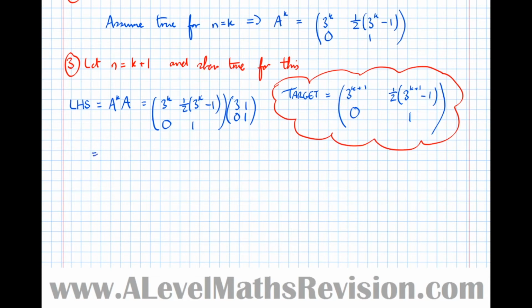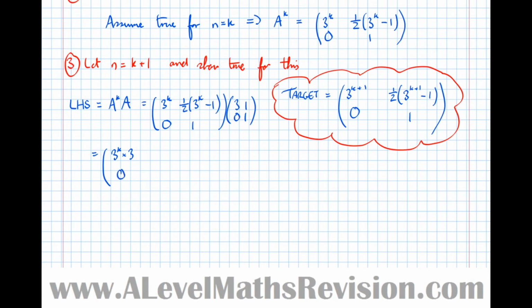So equals 3 to the k times 3. We'll write everything out longhand. In proofs, it's always safe to put as much working as you can. So 3 to the k times 3 plus half 3 to the k minus 1 times 0, which we're going to leave blank. Then 0 times 3 plus 1 times 0,